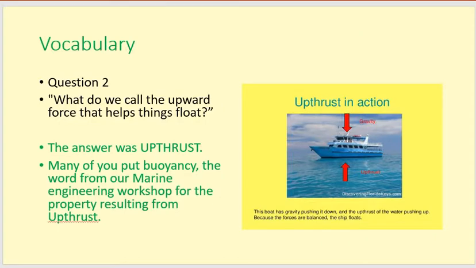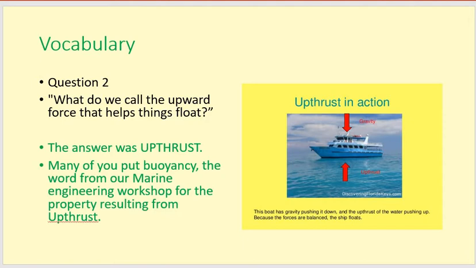Right. We've got a couple of vocabulary terms that we obviously need to get a little bit clearer. Now, question 2 asks us, what do we call the upward force that helps things float? The answer should have been upthrust. You've got two forces here. You can have a look at the image on the right hand side. You've got gravity, which is pushing the boat down. Thank goodness that is balanced, otherwise boats wouldn't be very safe. We've got upthrust, counteracting the gravity, and it actually needs to equal the gravity in order for the boat to